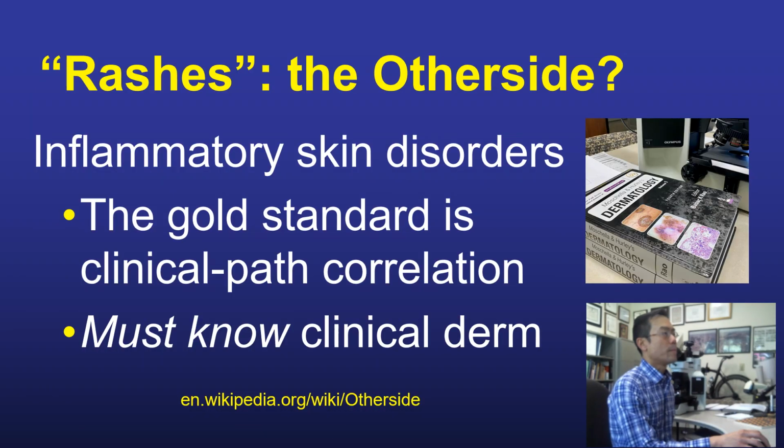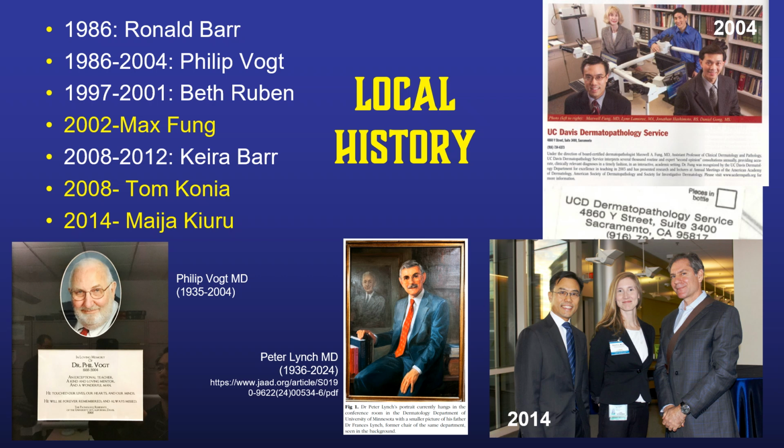The other side of dermatopathology are the skin rashes or inflammatory skin disorders, in which the gold standard for diagnosis is not just the pathologic diagnosis, but rather a clinical path correlation. So one must know one's clinical derm. Although dermpath and H&E have been around for well over a century, the subspecialty is still relatively small in terms